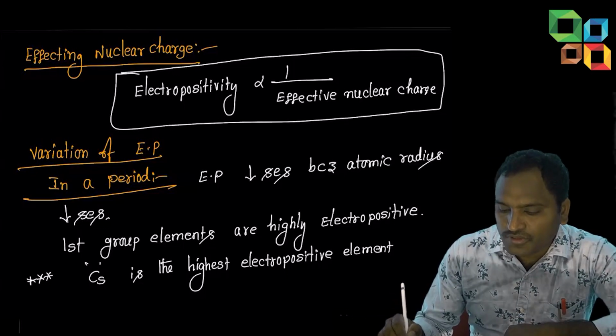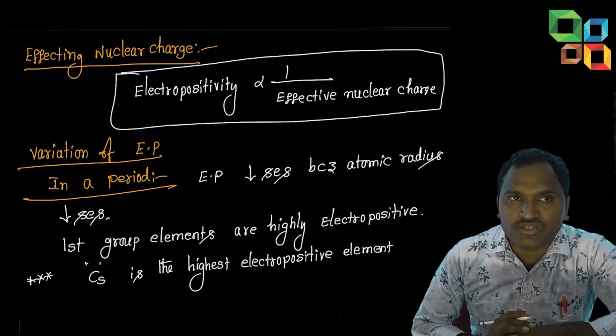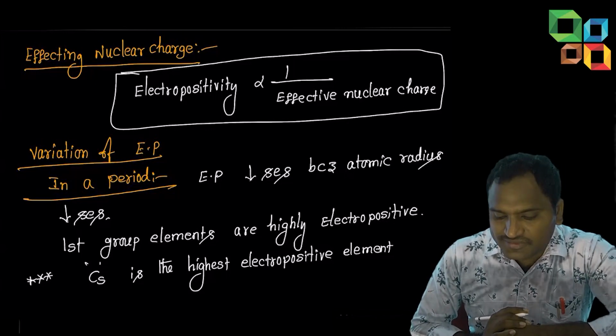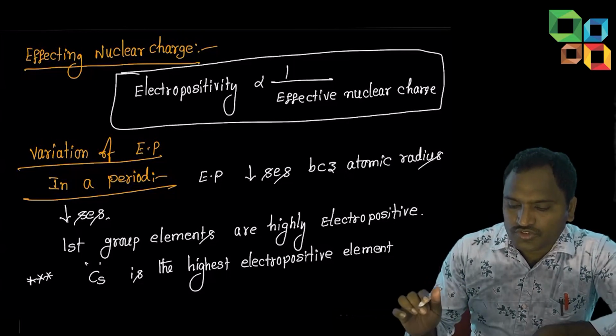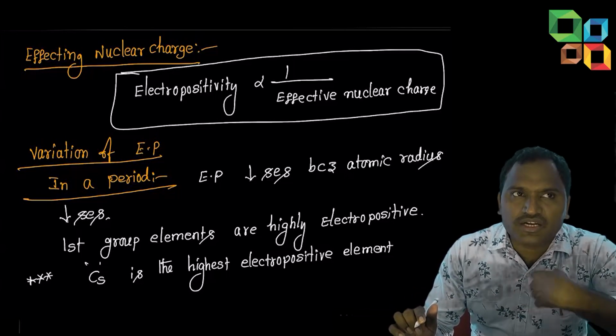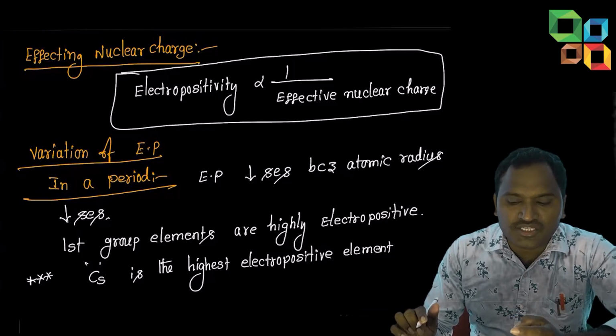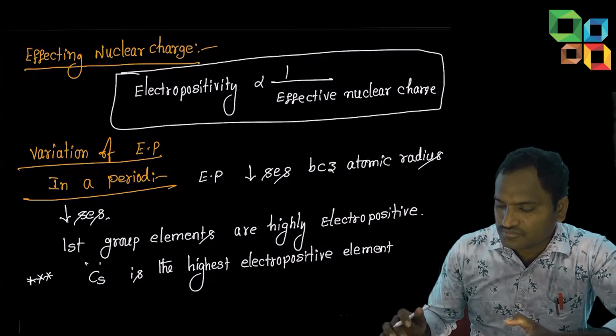Highest electron affinity element is chlorine. Highest electropositive element is cesium. By using this, metallic and non-metallic characters also we can find out. Highly electropositive means highly metallic. Less electropositive means less metallic. Next,